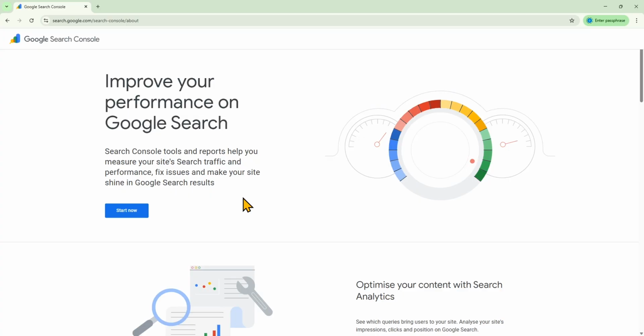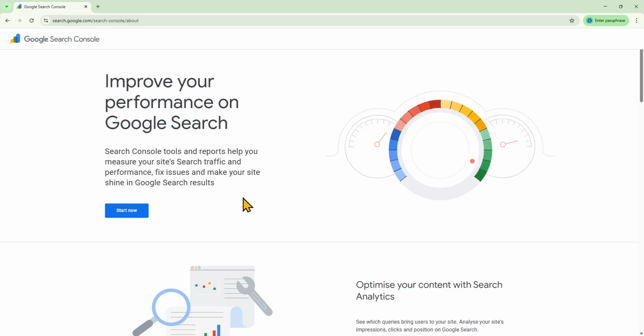This data comes directly from Google, so it's extremely valuable for SEO. Today I'm going to show you how to use the Google Search Console Performance Report to find easy SEO wins, like which pages to optimize, which keywords to target, and where you're missing out on potential clicks. In a previous video, I showed you how to set up a Google Search Console account, connect your website, and submit your sitemap to be indexed. Make sure you've already completed those steps before this video, and I'll add a link to that in the video description. In this video, I'll show you how to use the performance report to prioritize your SEO strategies.